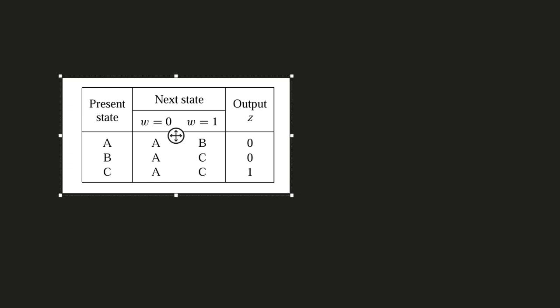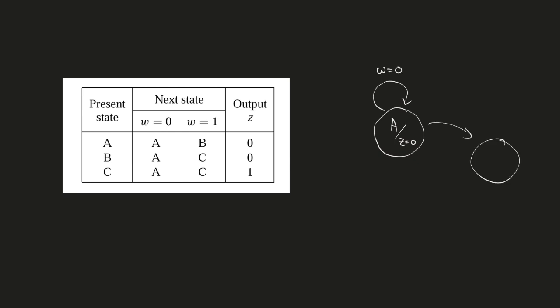So we'll start off at present state A, and we see when we're at A, there's an output of Z equals 0. Now if W was 0, we go back to state A, but if W was 1, we go to state B. And when we're in state B, we look at this side and we see the output should be 0. When we press W equals 0, we go back to state A. But if you press W equals 1,